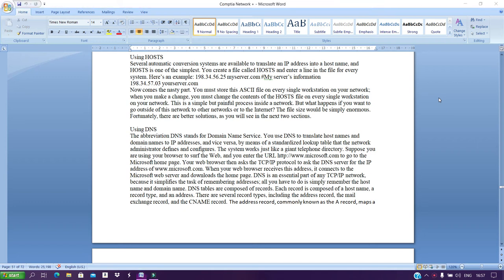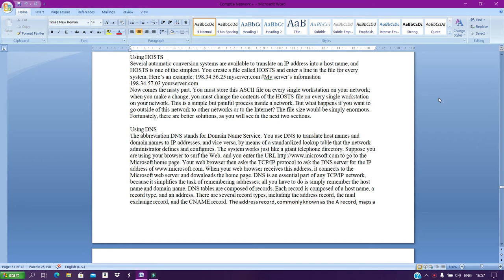translate an IP address into a host name, and hosts is one of the simplest. You can create a file called hosts and enter a line in the file for every system. Here is an example: